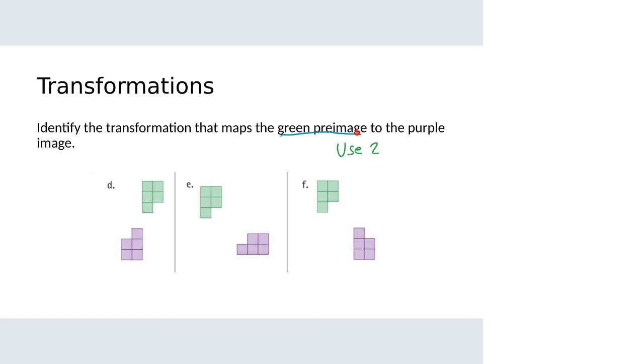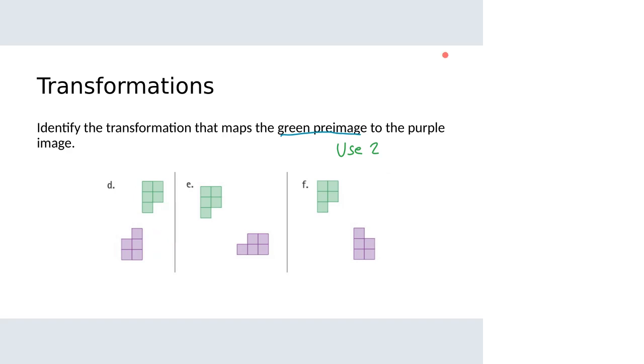So what is it that's going to take the green one to the purple one in D, in E, and in F? If you want more time, let me know. Otherwise, I think I'm going to go ahead and start talking about these. The first one, D. Let's see, I might think reflection, but if I did a reflection, what I would end up with would be that way, so that's no good. And I can't slide it to get it there, but if I were to rotate it,